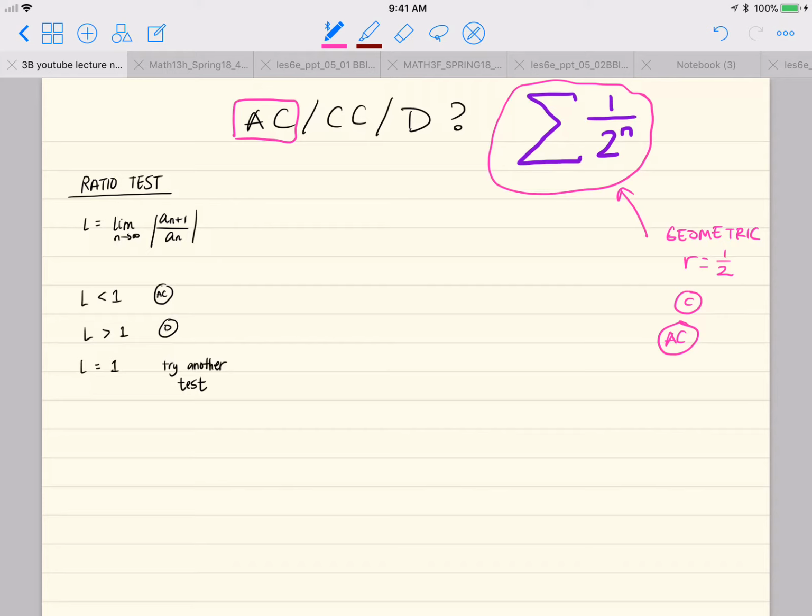But the reason why I put this example up here is because I want to show you how this series is perfect for the ratio test. This series is perfect for the root test. And in fact, the proofs of the ratio test and the root test rely on modeling a series after a geometric series. Okay, so first let's look at how we would use the ratio test to prove that this series is absolutely